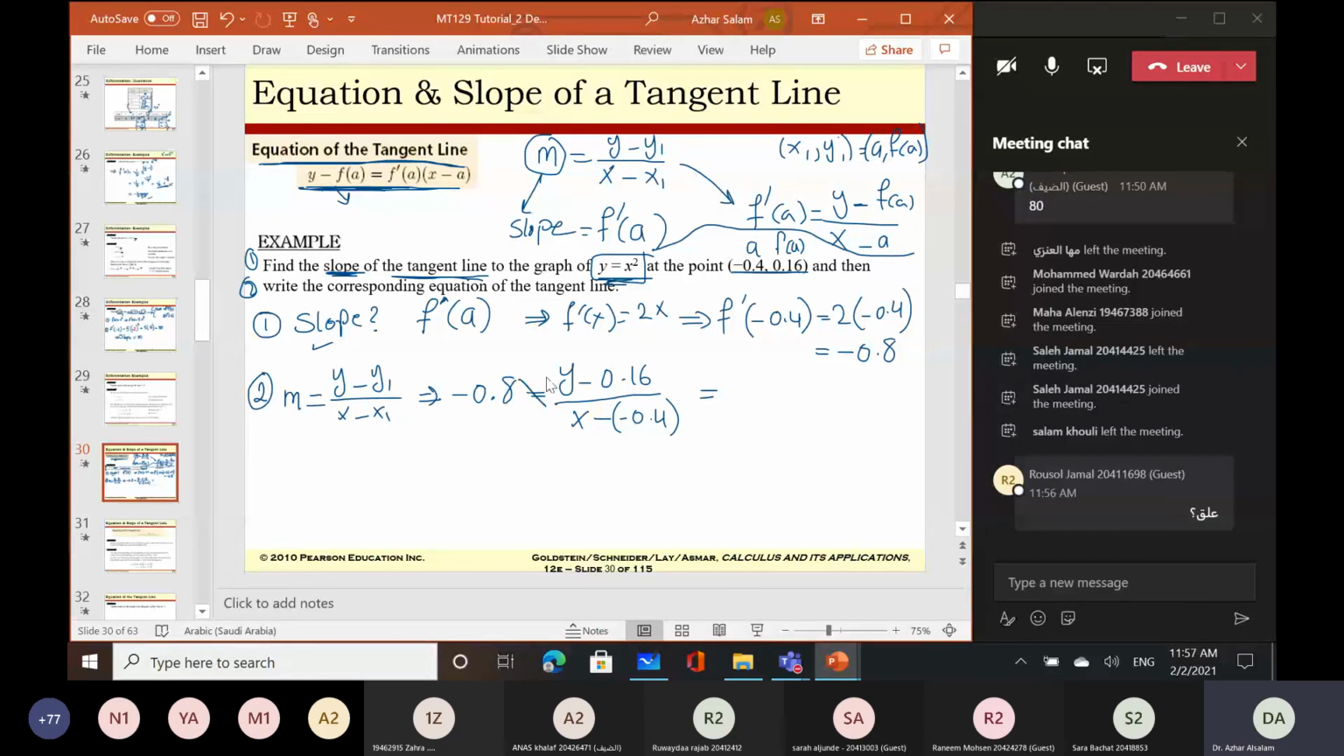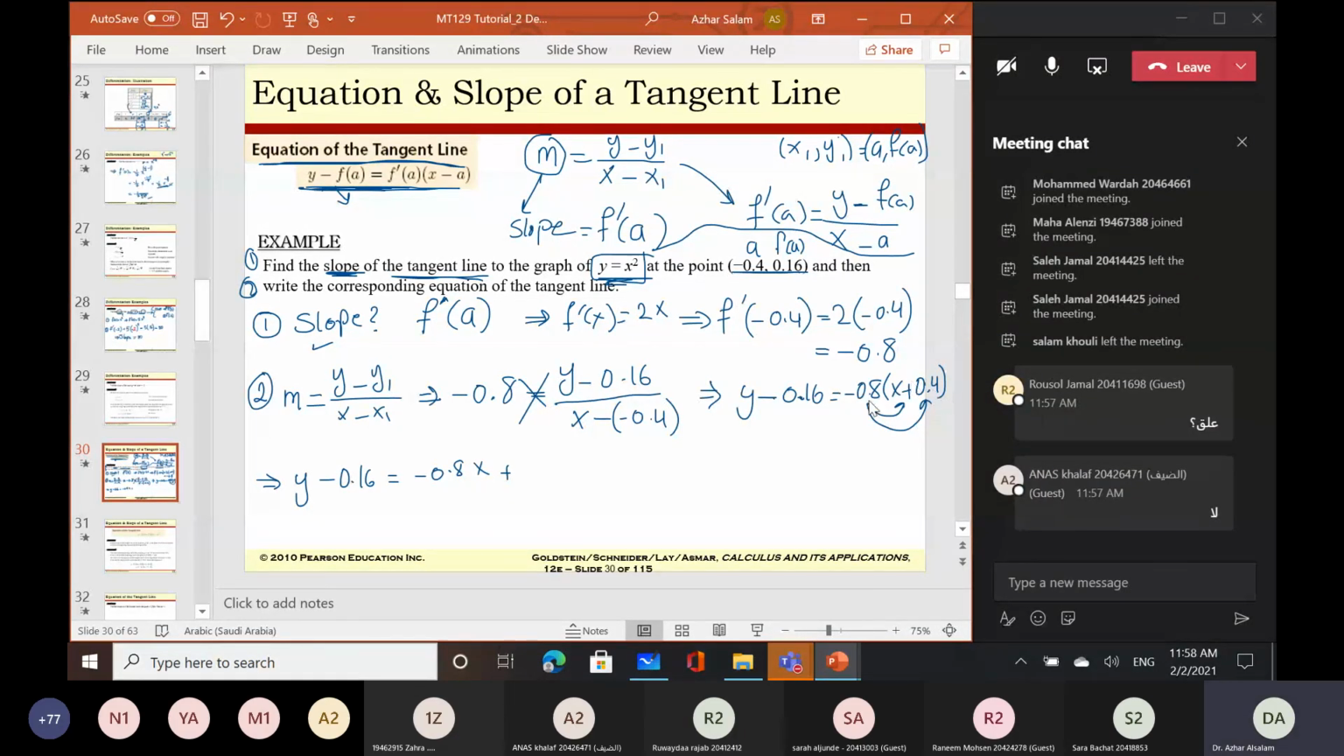So I multiply, scissor multiplication: y minus 0.16 equals minus 0.8 multiplied by x plus 0.4. I will leave y here, equals minus 0.8 multiplied by x. I distribute the factor, plus here 0.8 multiplied by 0.4, it will be minus